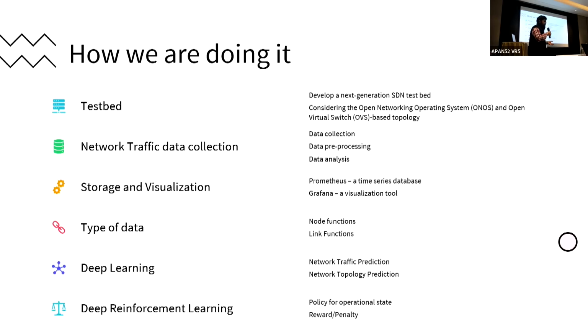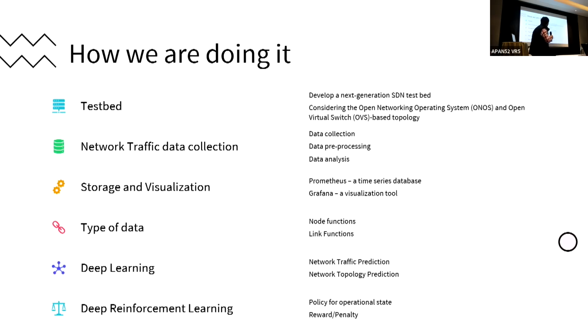We also collected the traffic data from the network topology which we have developed, and we then pre-processed and analyzed the data. Also we stored that data in a time series database, which is Prometheus, and we use the Grafana tool for